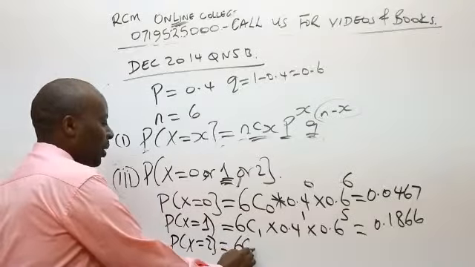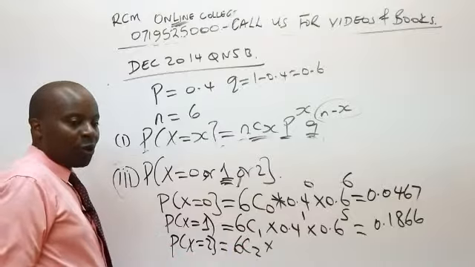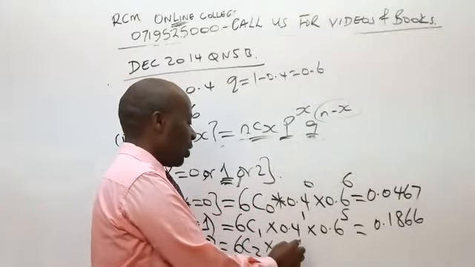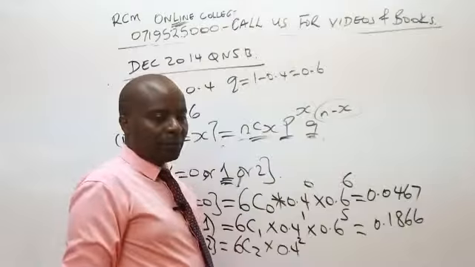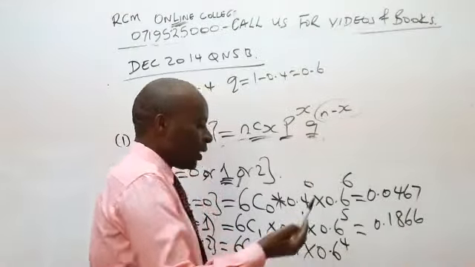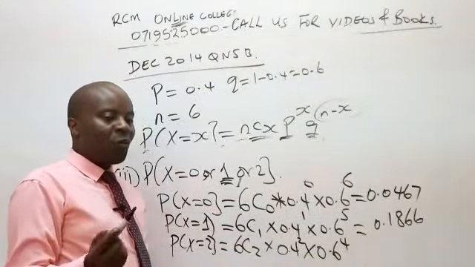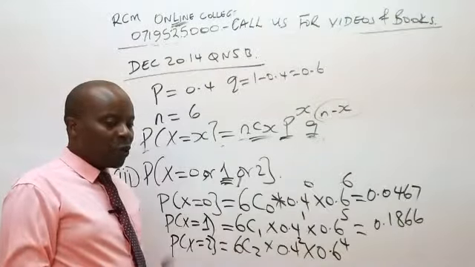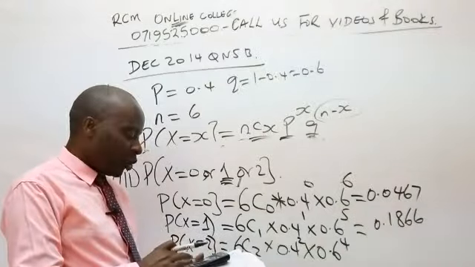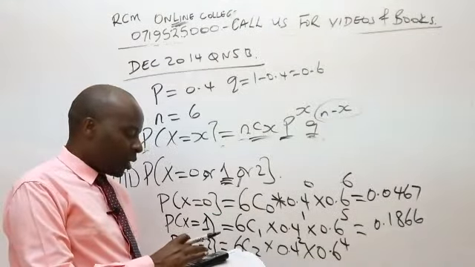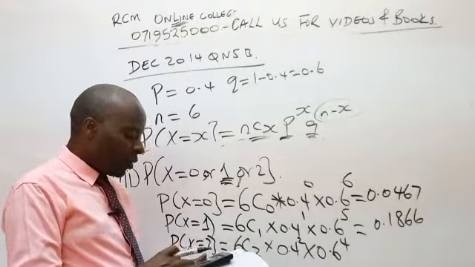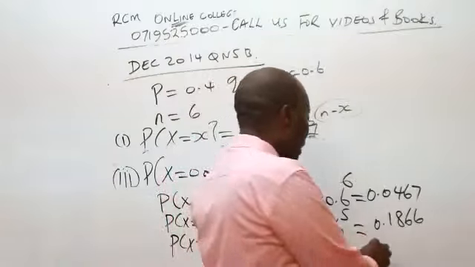So this will be 6 combinations 2. I hope you are able to follow. 6 combinations 2. We have the probability of success, which is 0.4 raised to power 2. 0.6 this time will be raised to power 4, given the concept of balancing. The two powers must always add up to n. So this gives us 6 combinations 2 times 0.4 raised to power 2 times 0.6 raised to power 4, which gives me